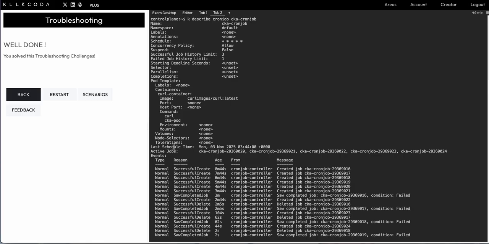Today what we have seen is even though it is more from the point of view of a cron job, it is still a lot to do with the services and exposing pods using the service. So you need to have that understanding in order to first fix that part in order to move to fixing the cron job part. So I think most of the scenarios in the CKA 2025 exam will be like this. So that's why you need to have a proper end-to-end knowledge, and a lot of practical hands-on knowledge is required